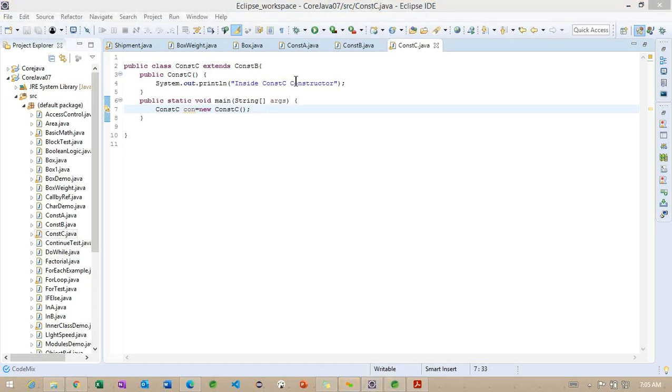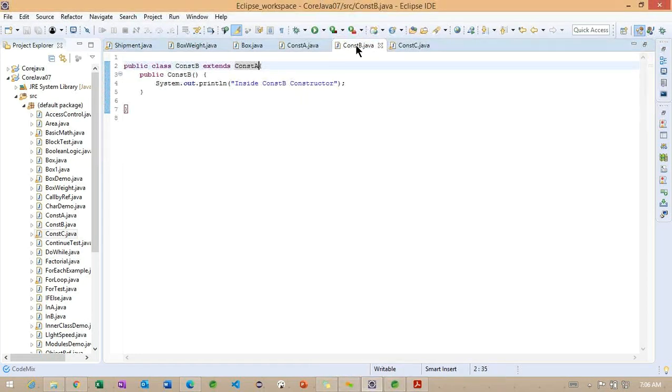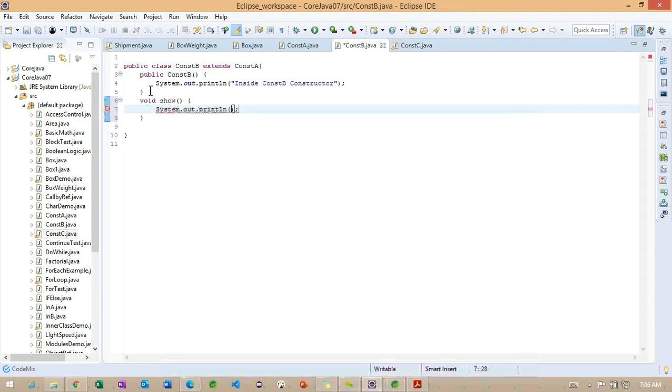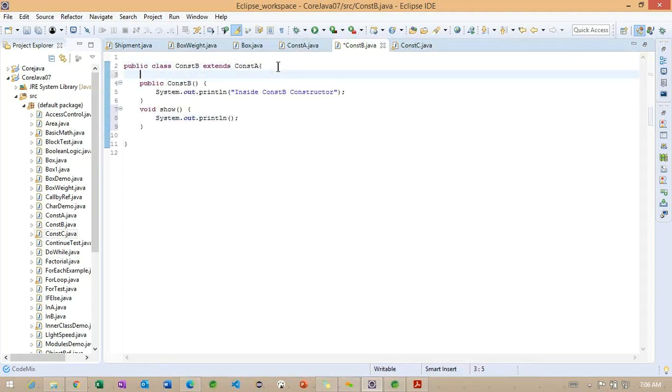And whenever we create method overriding, what exactly happens? The superclass methods are going to be hidden. Getting the point? We'll check with the same example, inside ConstructorA and ConstructorB. Now inside this particular ConstructorB, what am I doing? Simply I want to call one method called show, taking i, j.